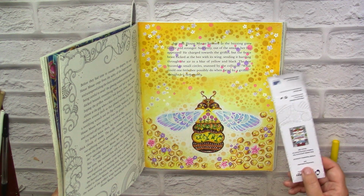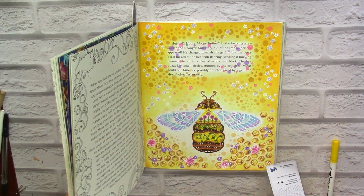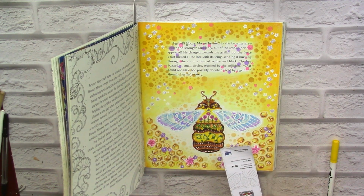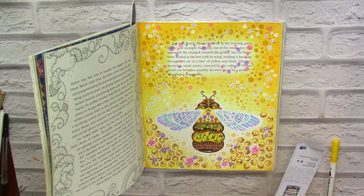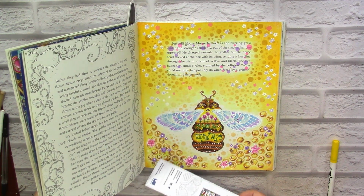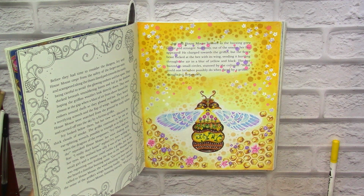I wanted somehow to balance this empty top part with this busy bottom part to compensate for the strange look of this bee. But well, maybe I used too many colors. So I created problems for myself. Now I don't know how to use a similar palette for the left side to have a finished spread, and I abandoned it